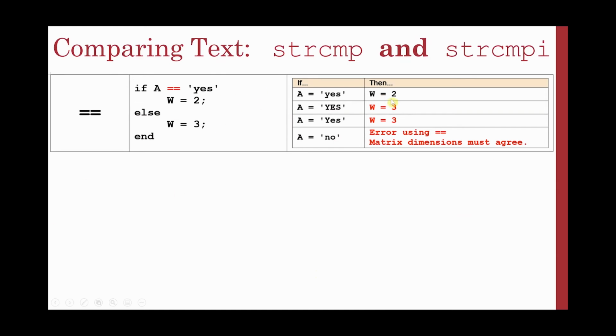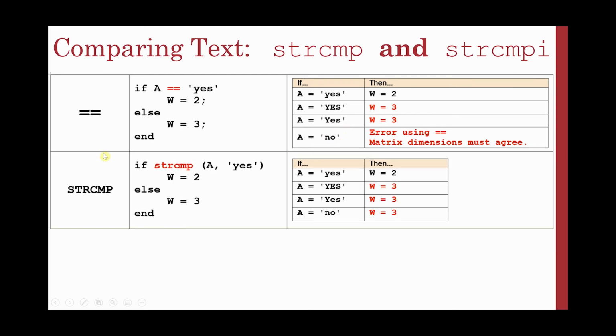So if a is equal to 'yes', then we get w equal to 2. If a is equal to capital S, we would get 3. If a is equal to capital Y lowercase es, we would get 3. And if a is equal to 'no', we would get an error. What you can use is your string compare functions, and if I compare a and 'yes', it's going to compare in a case-sensitive manner, since again only 'yes' triggers a true response to get w equals 2, but in this case, a equals 'no'